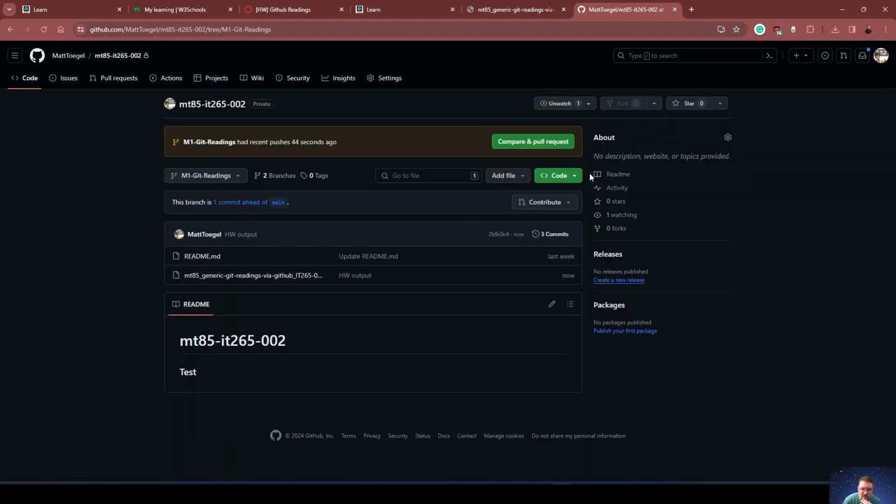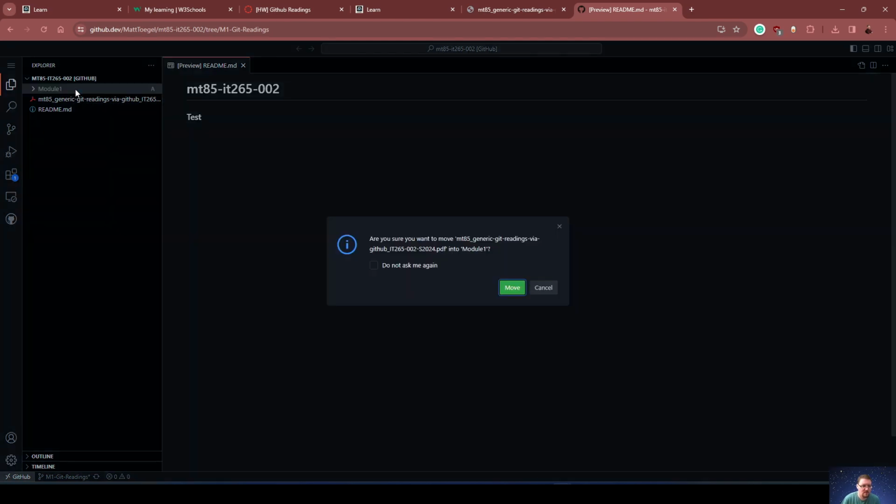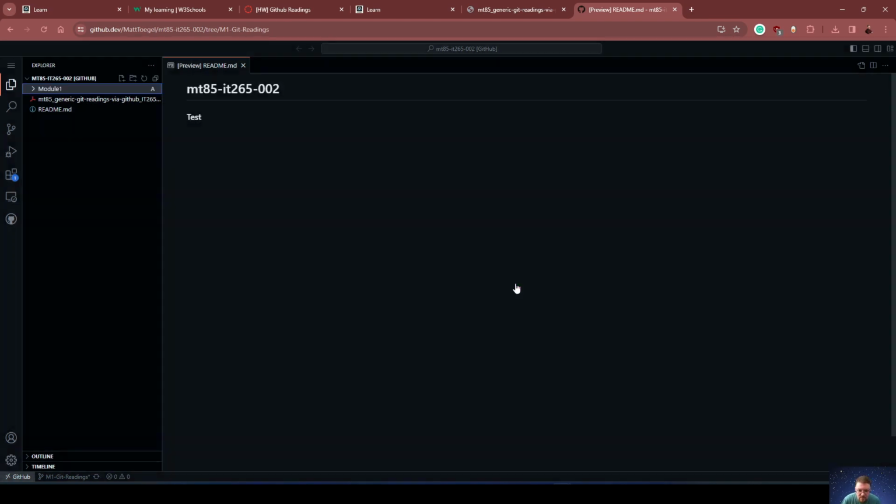If you need to reorganize this, I have to double check how we can do that from the UI here. Worst case, you can always hit the dot key, and it's going to bring you into a virtual VS Code, and then you can make your folder, move things around, and then save it. So new folder, module 1, move this over. Are you sure you want to move? Yes. Good. Let me just see if that reflects on